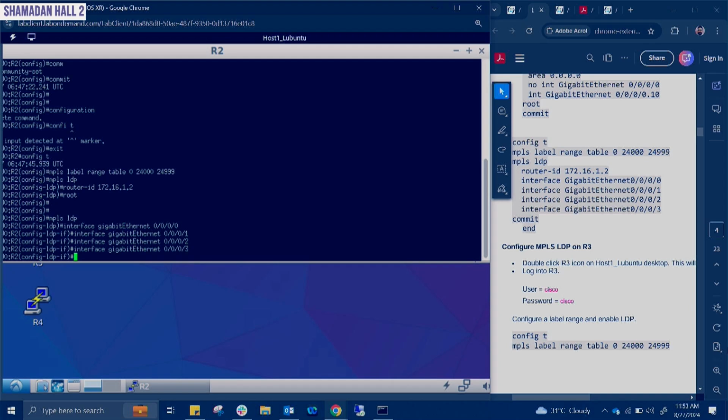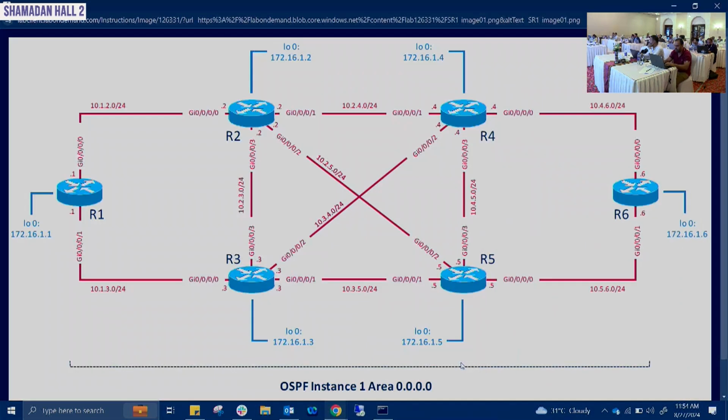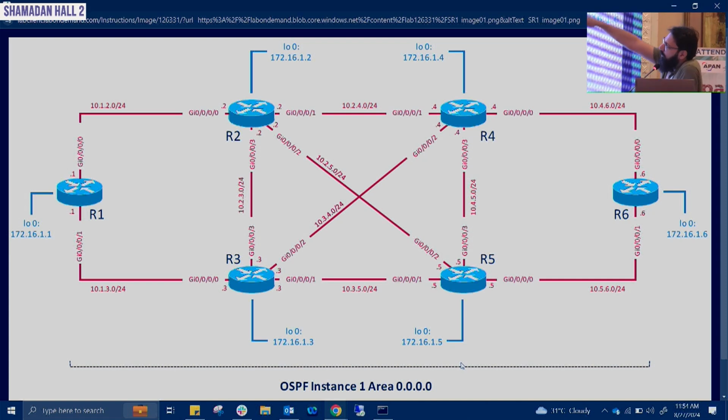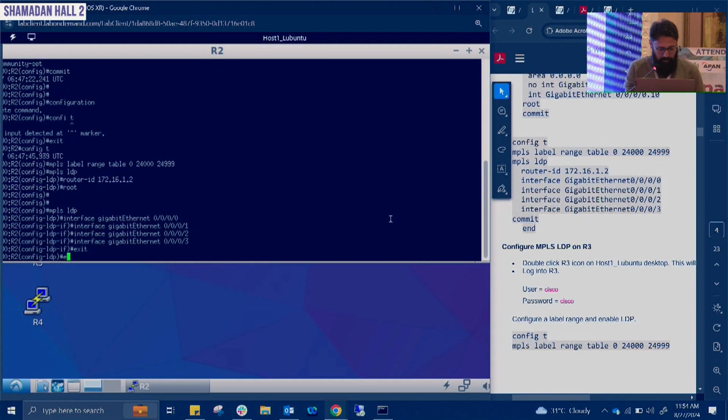Can anybody tell me why we have interfaces 0, 1, 2, 3 on router 2 rather than just 0 and 1? Yeah, exactly. If we look at the topology, router 2 is connected with 1, 3, 4, 5. So we have interfaces 0, 1, 2 and 3. That's why we are enabling all the interfaces in the MPLS LDP protocol. Once we are done with it, we can